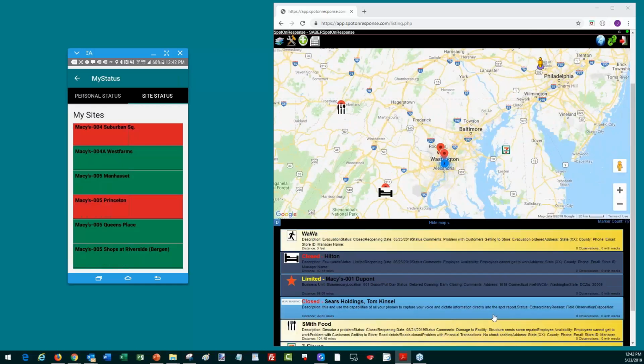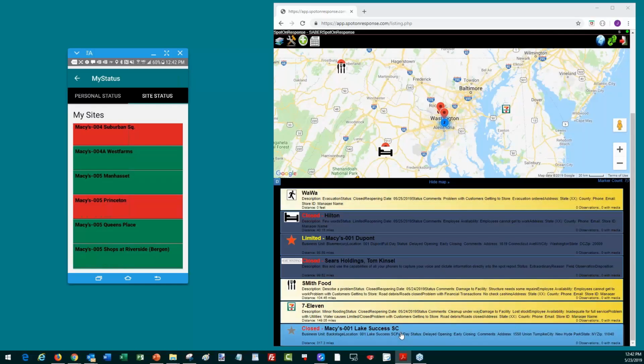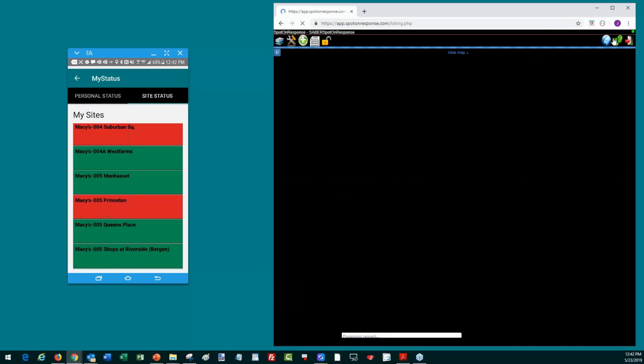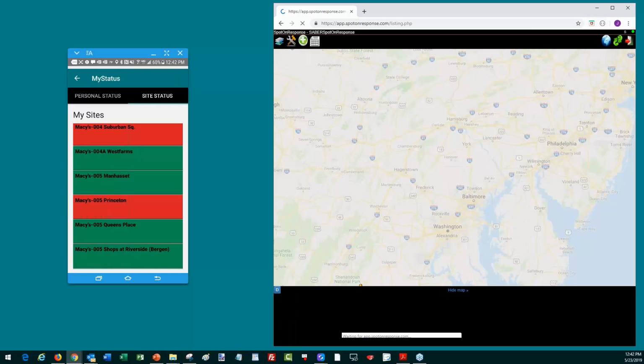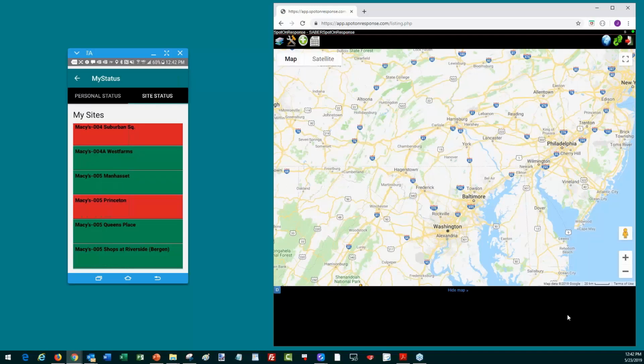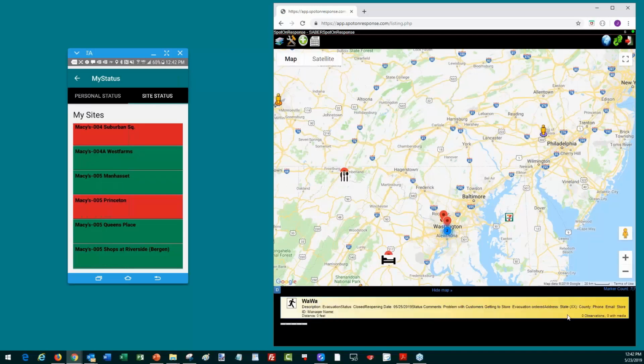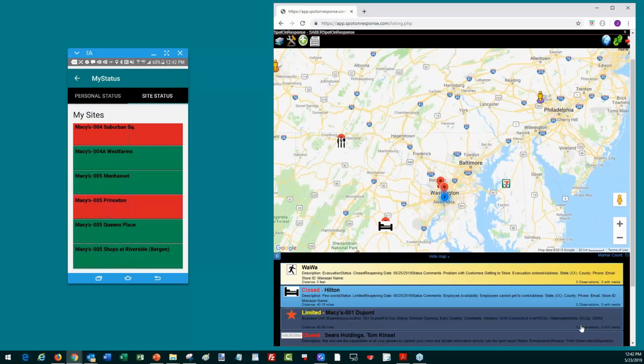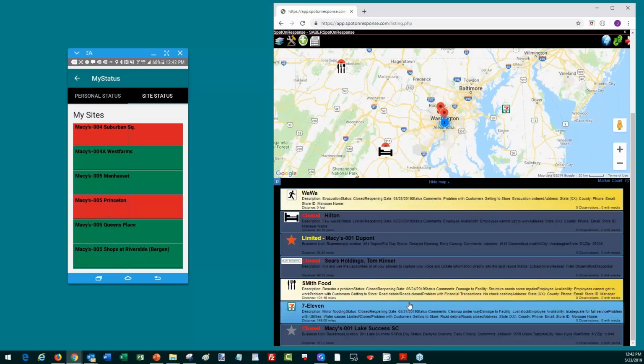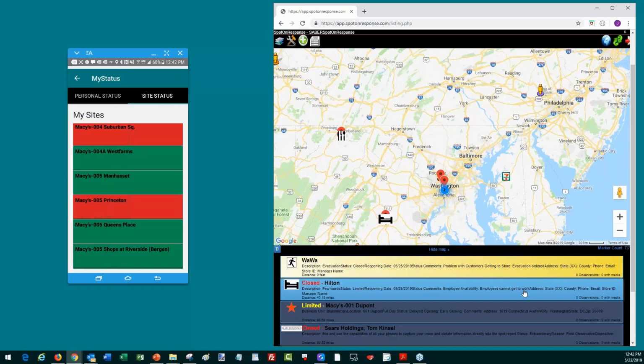So let's see whether, yes, this Lake Sussex one has come through, and the refresh cycle goes through in about 3 minutes or so. And let's see whether we picked up any other ones here in that Philadelphia area. No, nothing's come through yet, but no, that was the one that was already closed. So we'll watch this over the next couple of minutes as I open it up for questions,